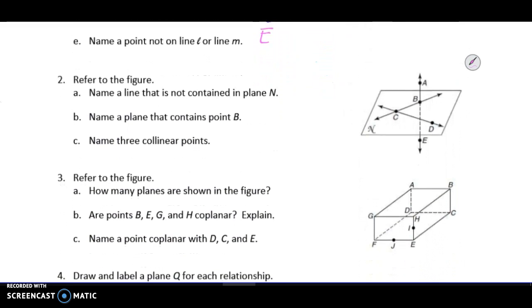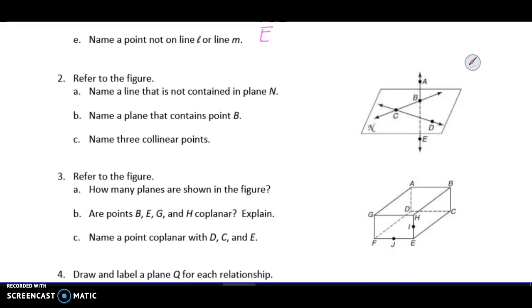Okay, referring to this figure, name a line that is not contained in plane N. So this whole square here is representing plane N. The stuff that's lying on it, like words written on a piece of paper, is the stuff that's contained in the plane. Something like this that's coming down and hitting it and then going through, it's almost like you took a pencil and stabbed it through the paper. That is not being contained. So the line not being contained, we can name it